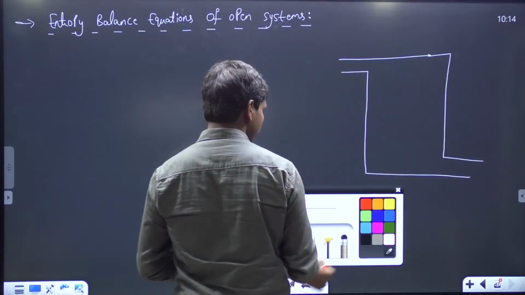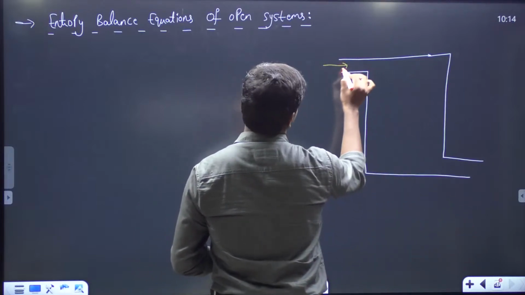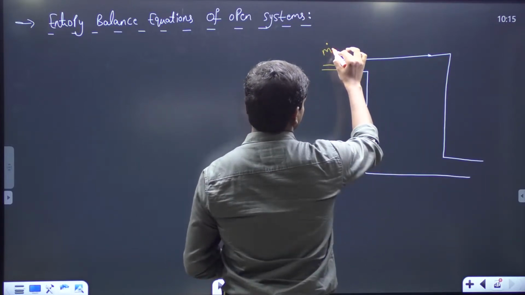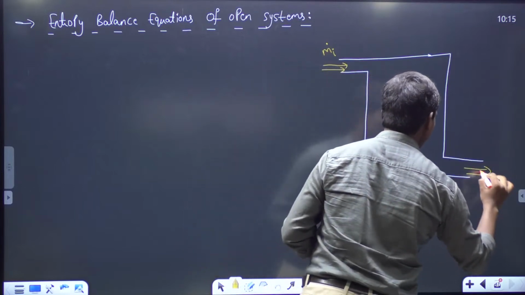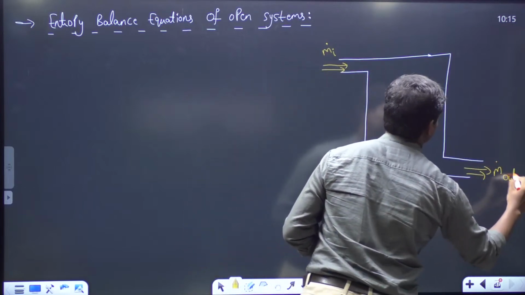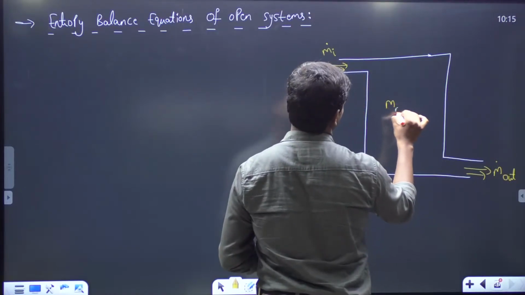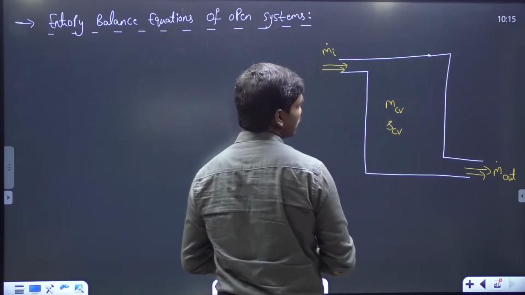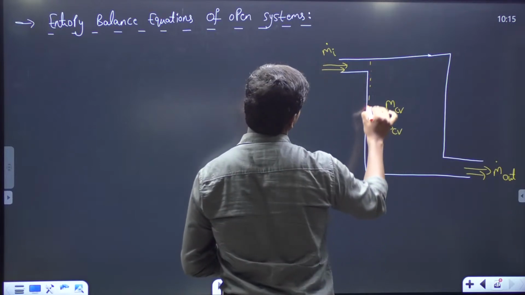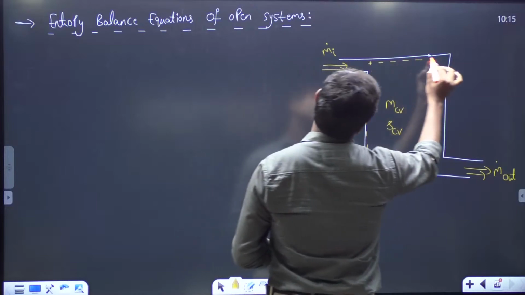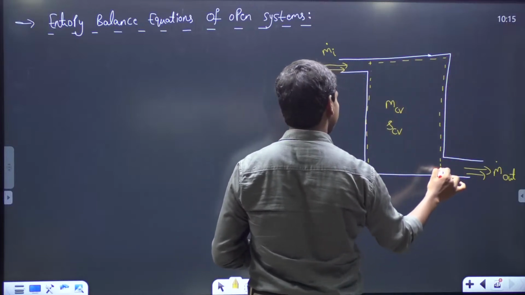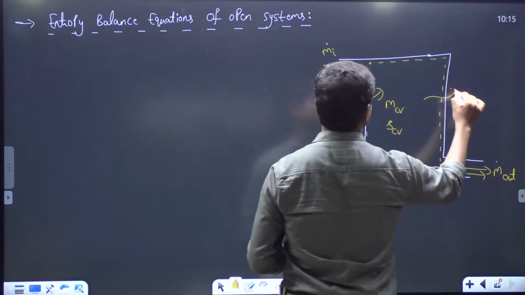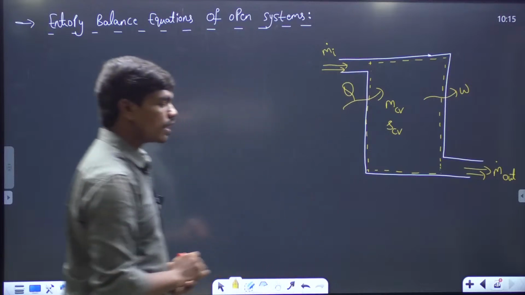Now definitely, if the system is open, some mass comes in at a rate of m dot in, and some mass goes out, m dot out, and this is the mass of the control volume, and let s CV be the specific entropy of the control volume. Let us suppose there are some energy interactions taking place with respect to this control volume. There can be some heat interactions, some work interactions as well, all the things in general. So now if you write the